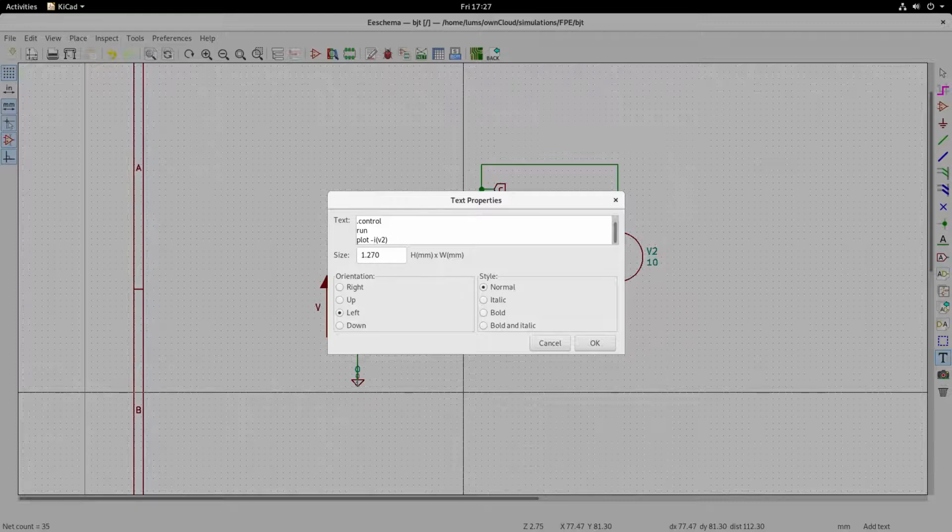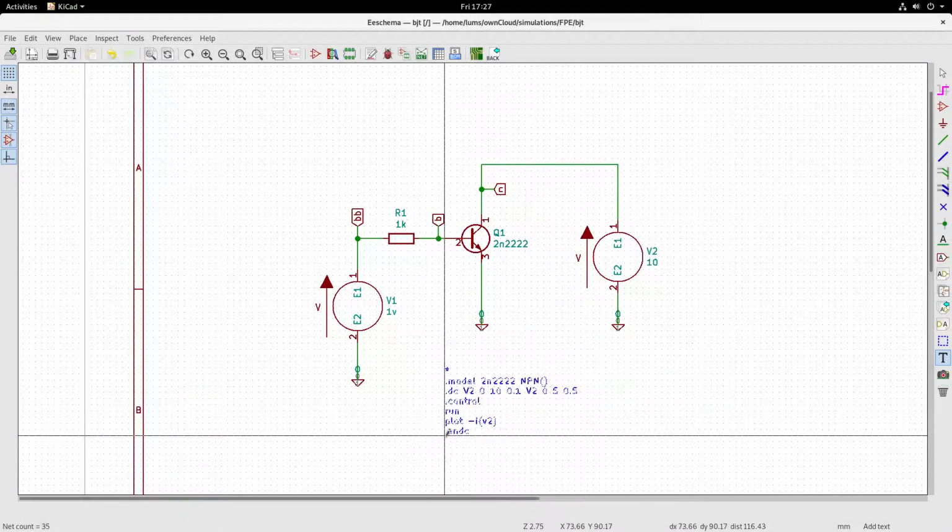Because in a voltage source, always remember that current going into the positive terminal is considered positive. Therefore we will get a negative current because now the current is flowing out of the positive terminal. Because of that, I put that negative sign. You can read up on the SPICE manual. So let us see that plot versus the x-axis will always be the sweep voltage, and the sweep voltage in this case is the collector voltage. Then .endc ends the control statement. So that we will close and we will place it here.